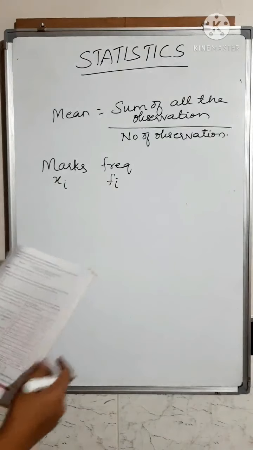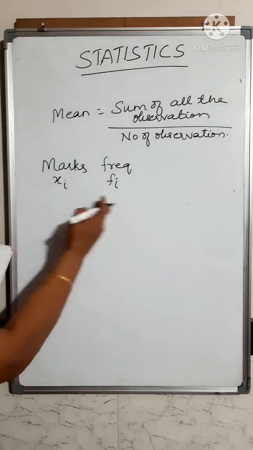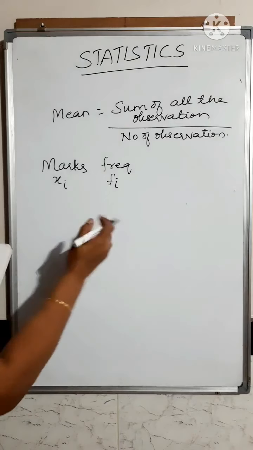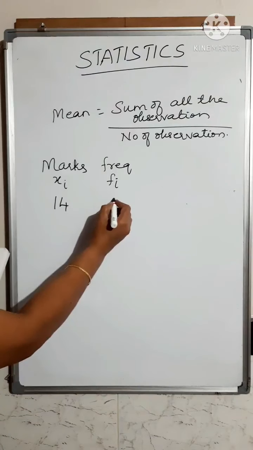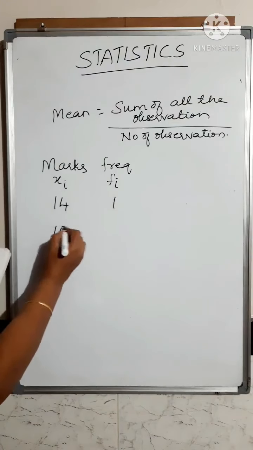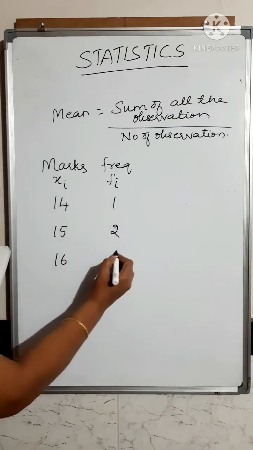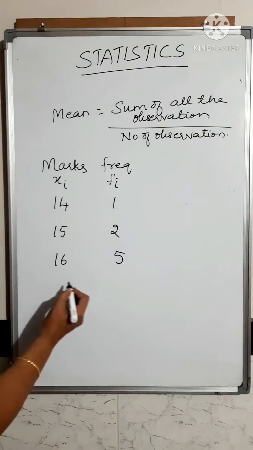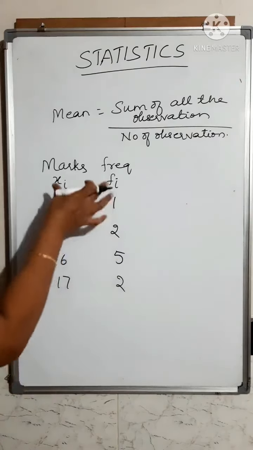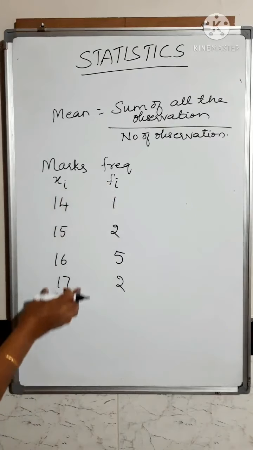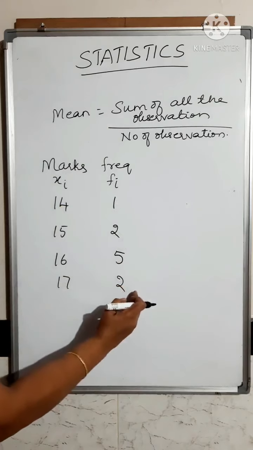In the table they have given marks from 14, 15, 16 till 40. How many times is 14 repeated, how many times is 15 repeated? I will just write 1 or 2. 14 is repeated 1 time, 15 is repeated 2 times, then 16 is repeated 5 times, and 17 is repeated 2 times. Like this, you write down the scores here, count how many times each is repeated, and write it; that is the frequency.